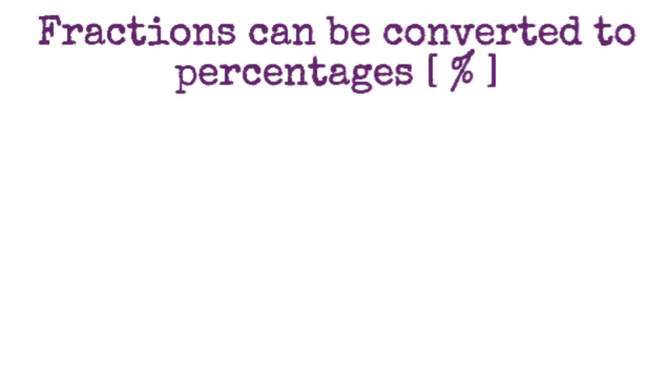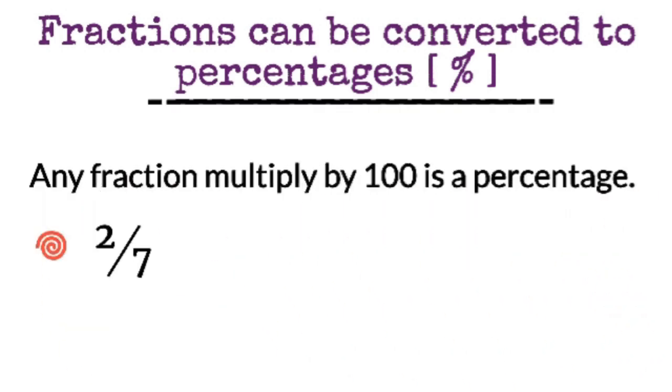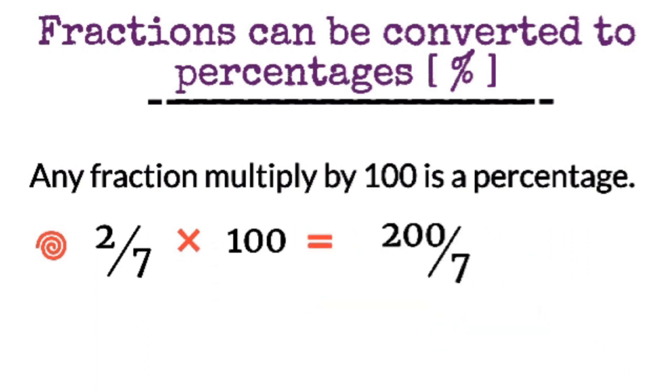Fractions can be converted to percentages. Any fraction multiplied by 100 is a percentage. 2 over 7 is a fraction. When multiplied by 100, it is 200% over 7, which is the same as